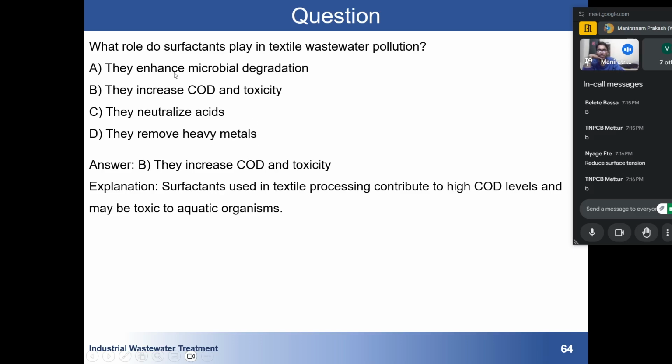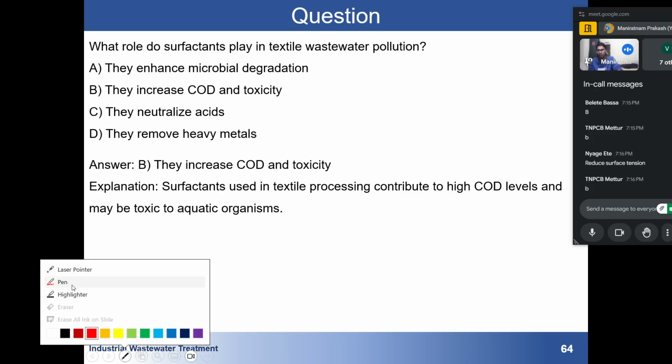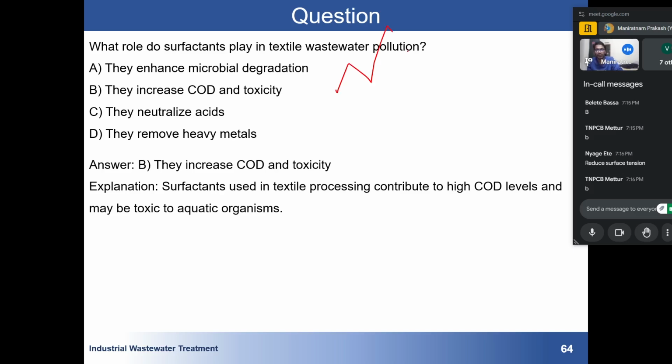And these surfactants are generally long chain molecules. The correct answer is reduce surface tension. How it reduces the surface tension is another thing. In brief, it attaches to the surface and changes the surface property. If you want to look into it more, I don't have any book to suggest, but you can always check on the internet.